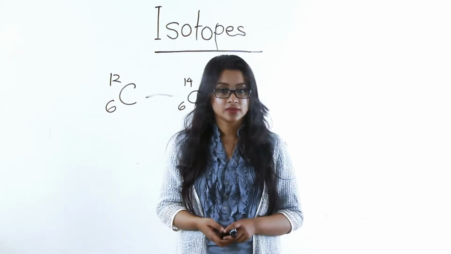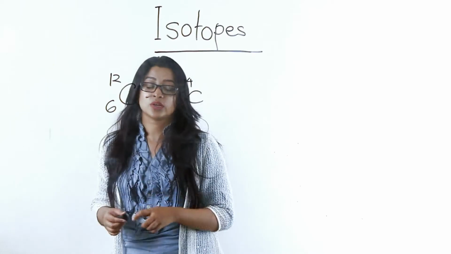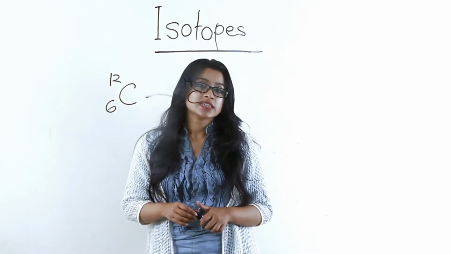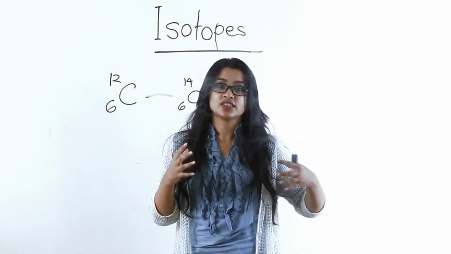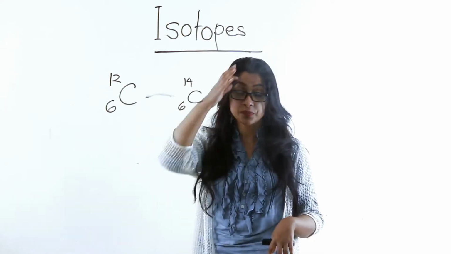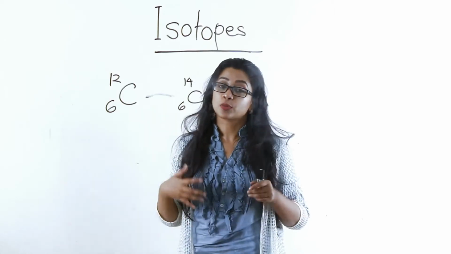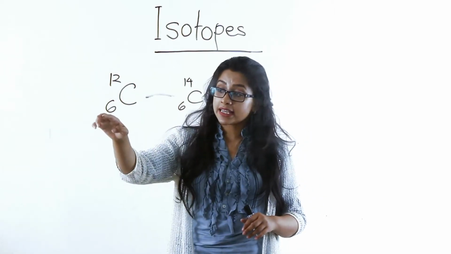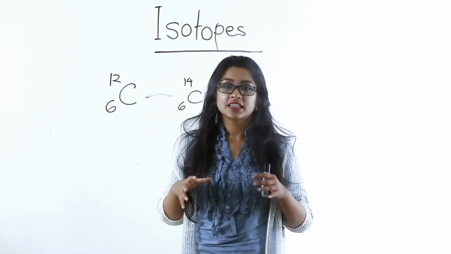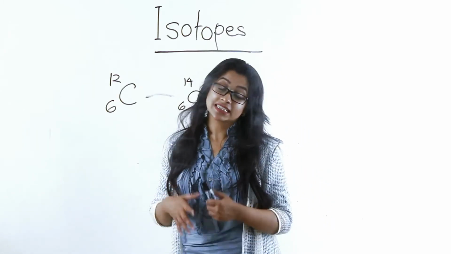How did that happen? What is different in this carbon, that which is not present in this one? So see guys, the only thing that is different here, as you can see from both examples, is the mass number. And mass number, as we know by now, is a summation of the proton and neutron. So the atomic number in both these carbons is the same. So we can safely say the only thing that is differing in these 2 carbon atoms is the number of